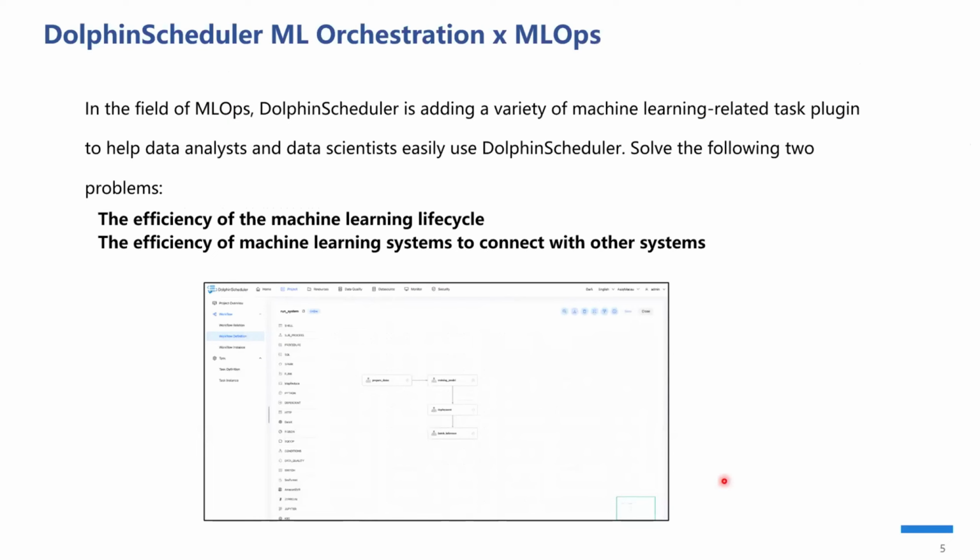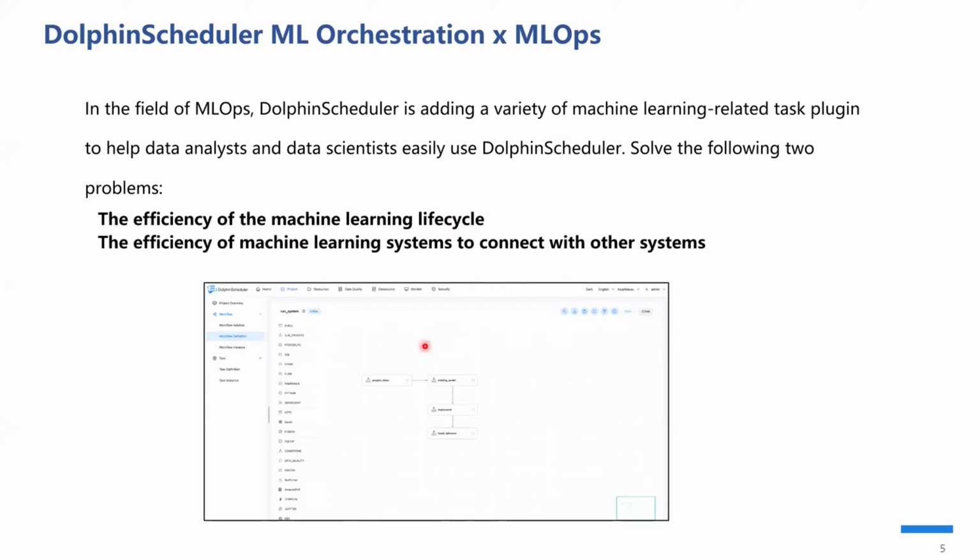So about machine learning orchestration, its main function is to connect the model construction team with the business, operation, and maintenance team, and establish standardized model development and operation. So it can meet different needs. What we do is solve the problem of raising the efficiency of the machine learning life